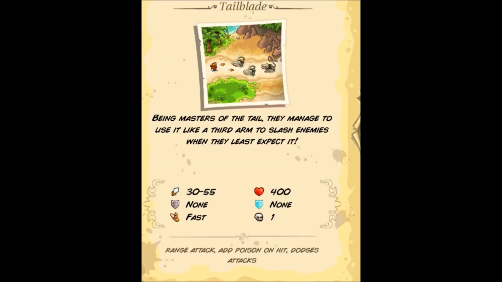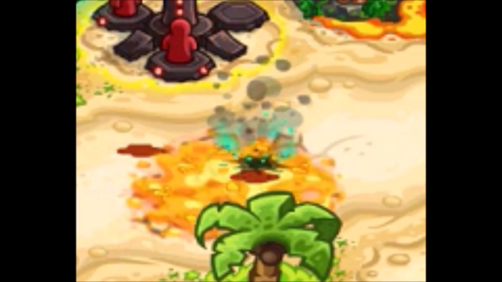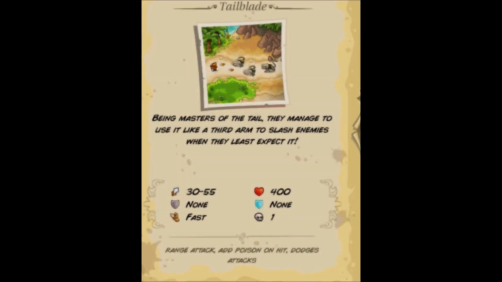Now let's move on to the final monkey we have. We got the tail blade, or baboons. This one has a ranged attack, which sometimes adds poison on hit. And they also can dodge melee attacks. They do quite a lot of high damage, and they're also incredibly fast. The best strategy is either to block it with a tank with range attacks, or just melee them, though they seem to dodge melee attacks, and they later come in groups, so